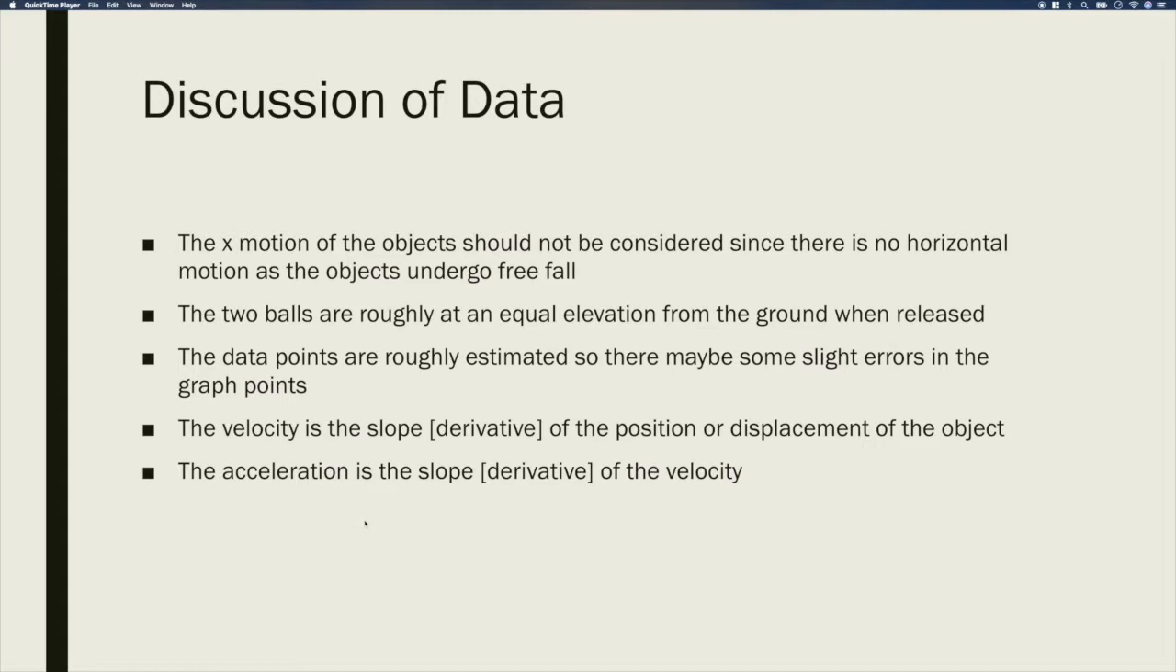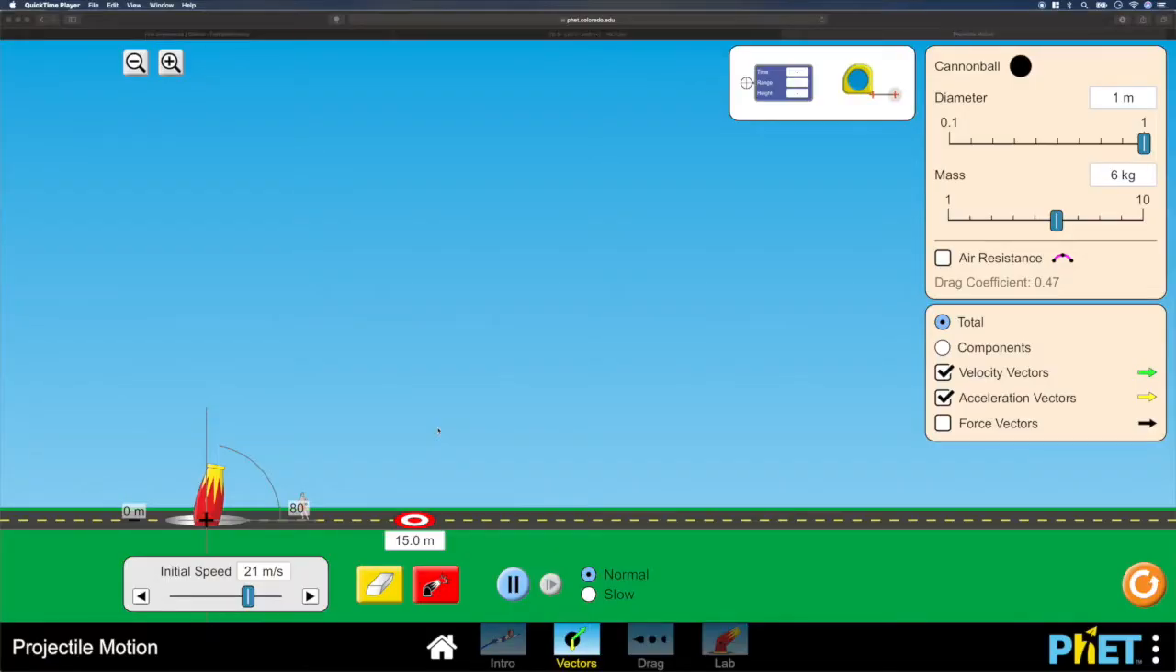So lastly, just to confirm our analysis and results from LoggerPro, we are going to be using the PhET simulation. Alright, so for this PhET simulation, we're going to go ahead and use the projectile motion simulation given to us by PhET. And we could use this to analyze the motion of the two objects that we just did in our video,